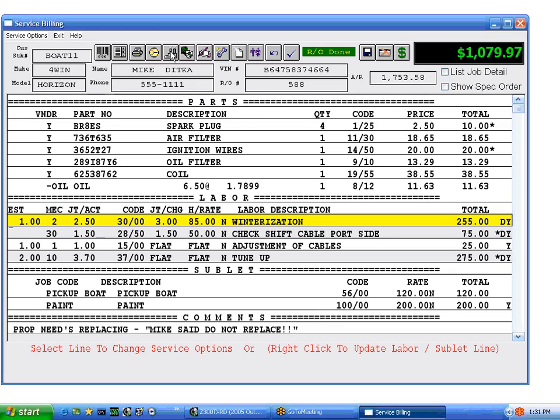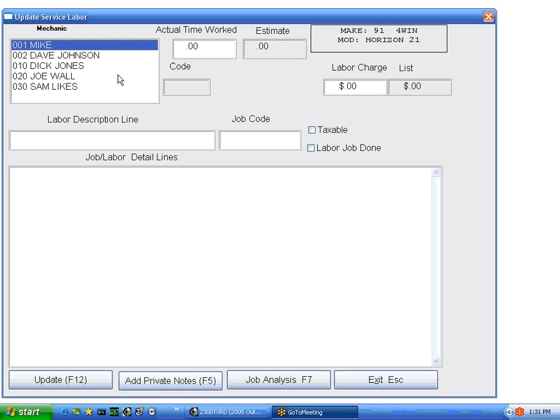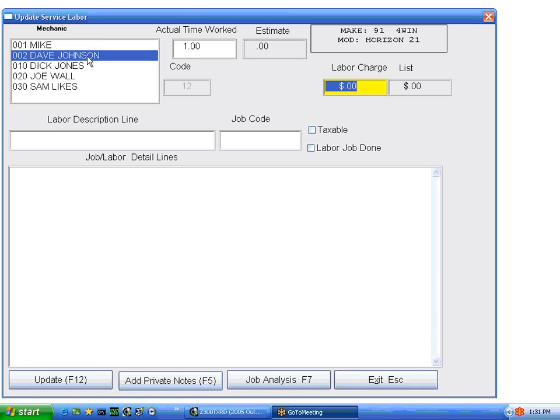And normally if the job is done and you just want to add a new job, you may want to just do this here. Add flat rate, and you would pick who did it. This would be all your mechanics. You'd pick the amount of time they did. It's a flat rate. What are you going to charge? $100. What did you do? Okay, well,